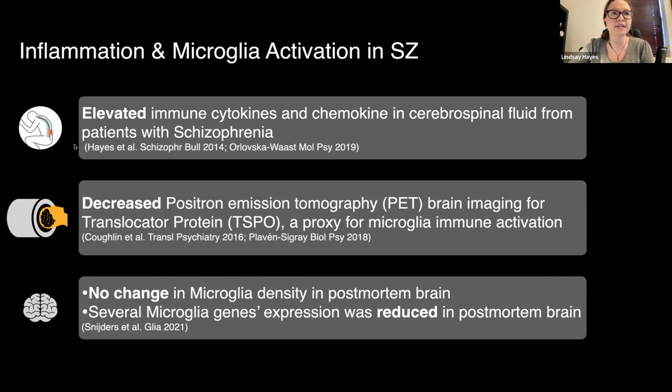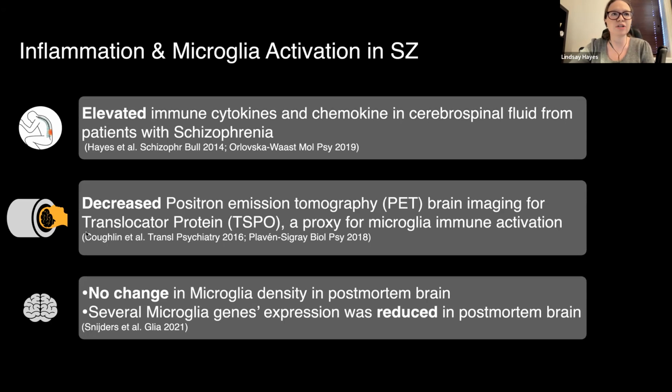extra inflammatory cytokines. So to test this, people from our lab and others used PET imaging of TSPO, or translocator protein, which is an imperfect proxy for microglial activation. It's not just expressed in microglia, it's also expressed in astrocytes and other cells as well. But in patients with recent onset schizophrenia, they found there was actually a decrease in this immune activation marker, even though these same patients showed an increase in CSF cytokines. So this really threw a wrench into people's understanding of how microglia can exhibit this decreased activation, but have an